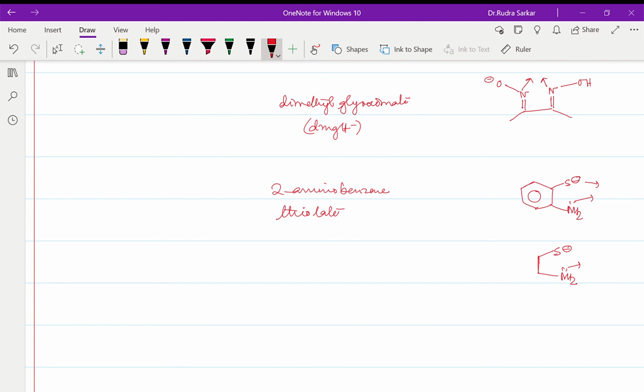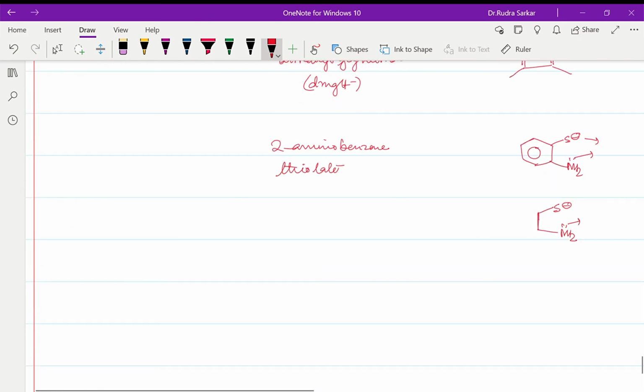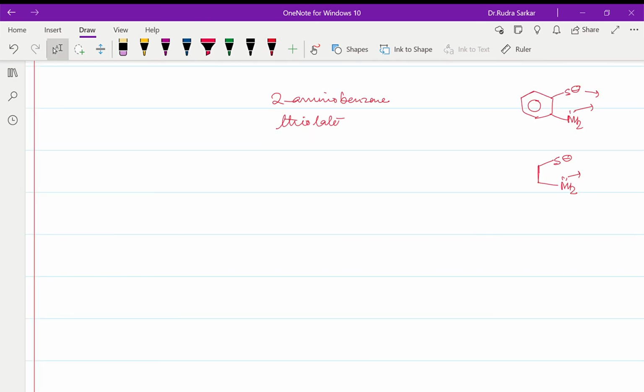Okay, so that is how it can be. All right, now if you're talking about bidentate ligands but they are neutral, okay, completely neutral,